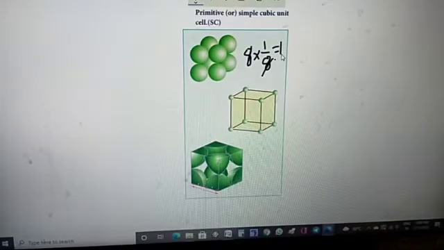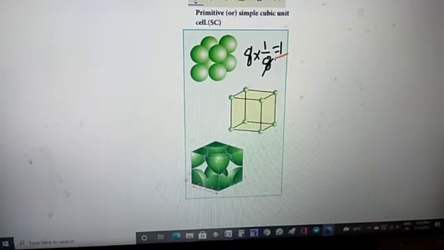So how many atoms are present in a primitive cubic unit cell? Only 1 atom will be present in the unit cell. So the number of atoms per primitive cubic unit cell is nothing but 1. Okay. Next,